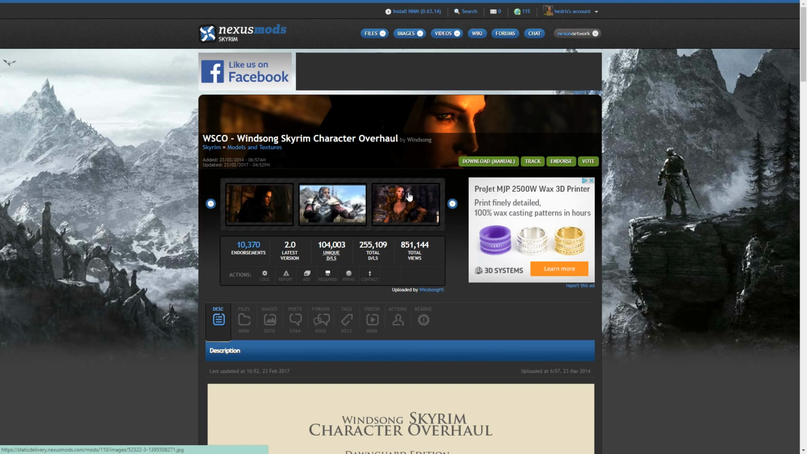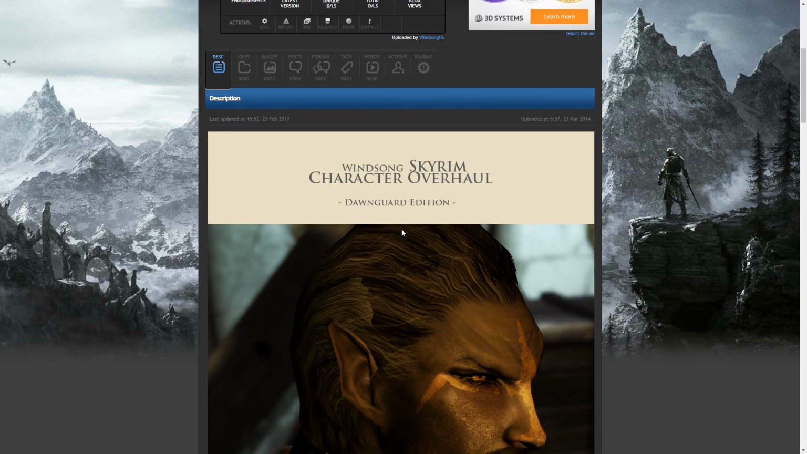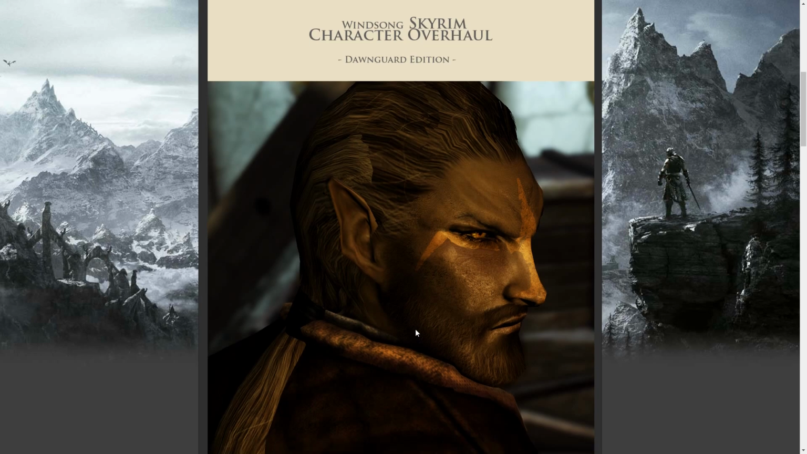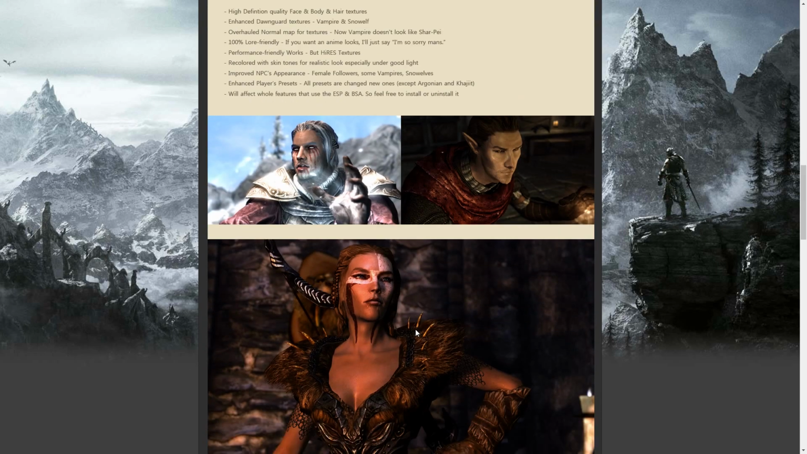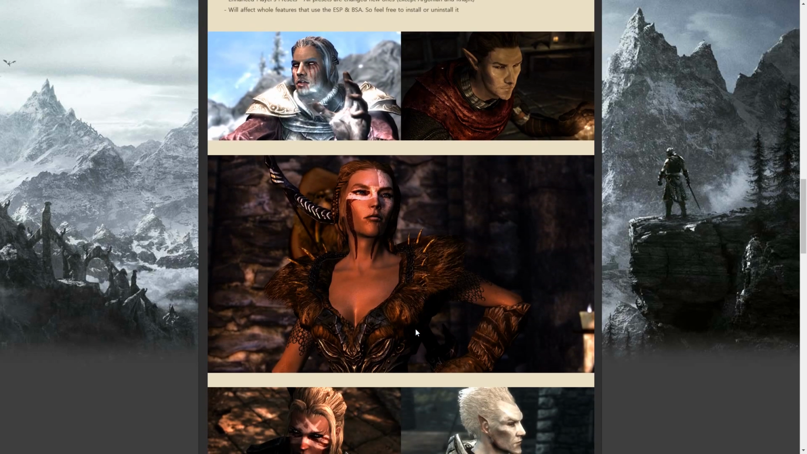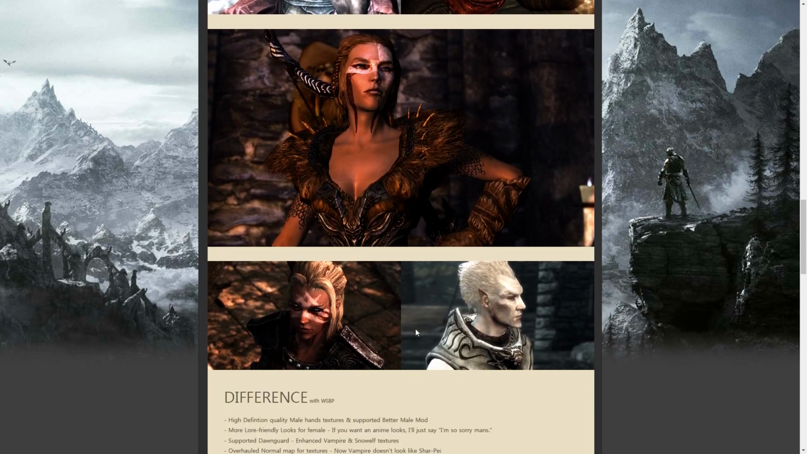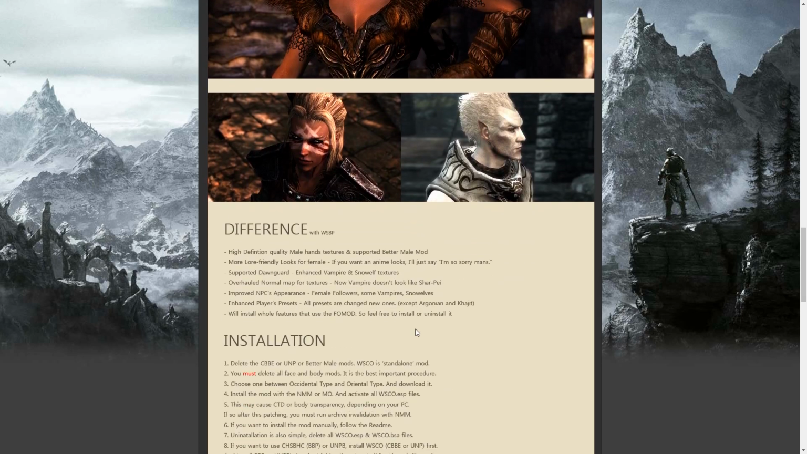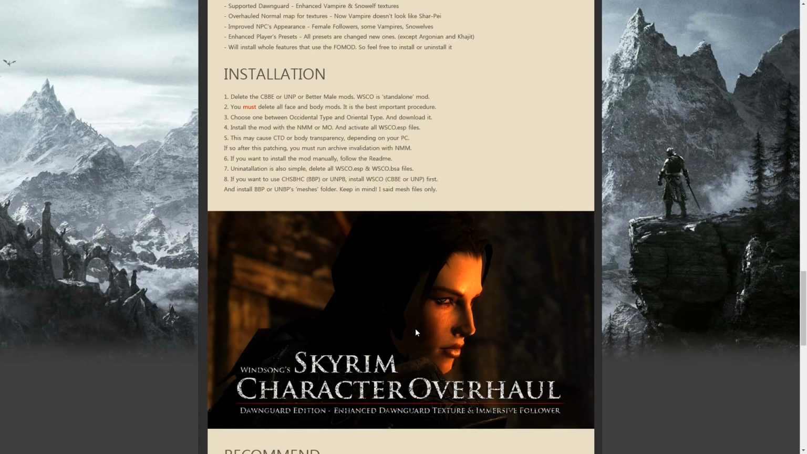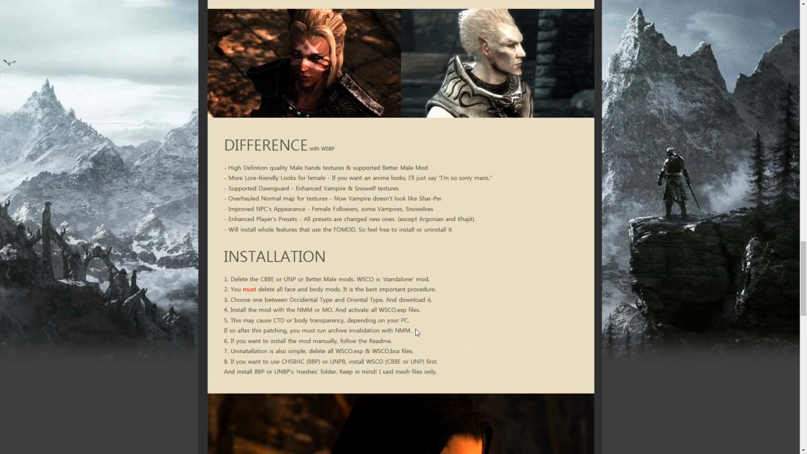There are two different ways to approach this. First one starts with the Windsock Skyrim character overhaul. This is a pretty cool mod that is improving the visual looks for all the characters here. And it's all in one pack, so you don't actually have to install other stuff. This is pretty cool as well. But